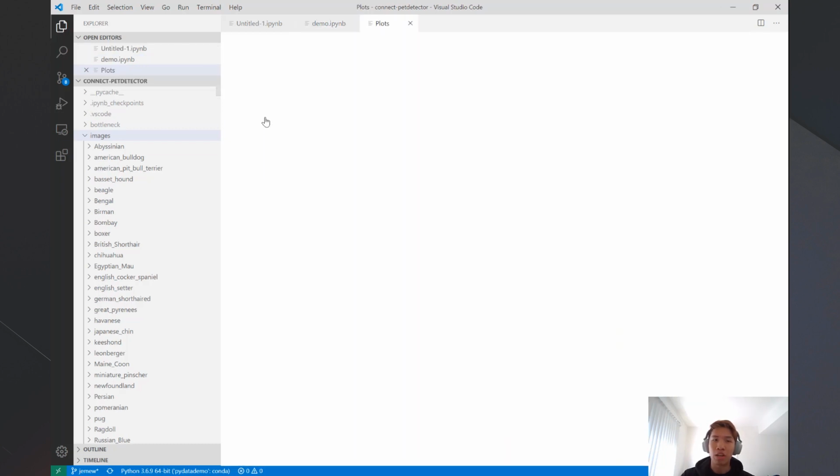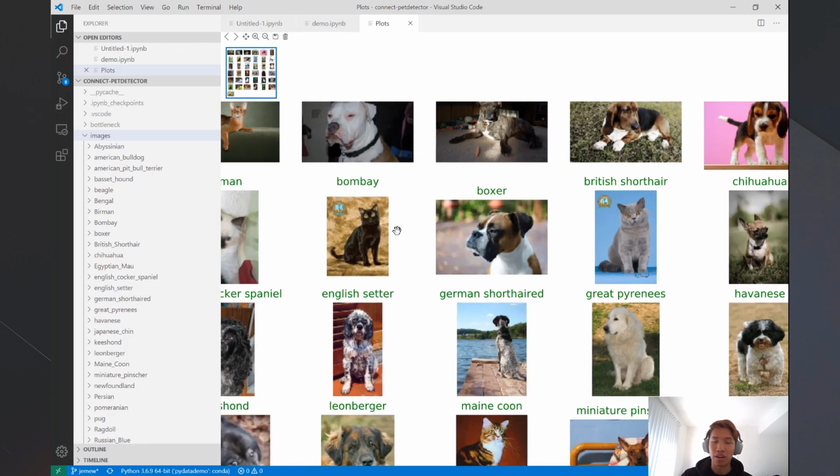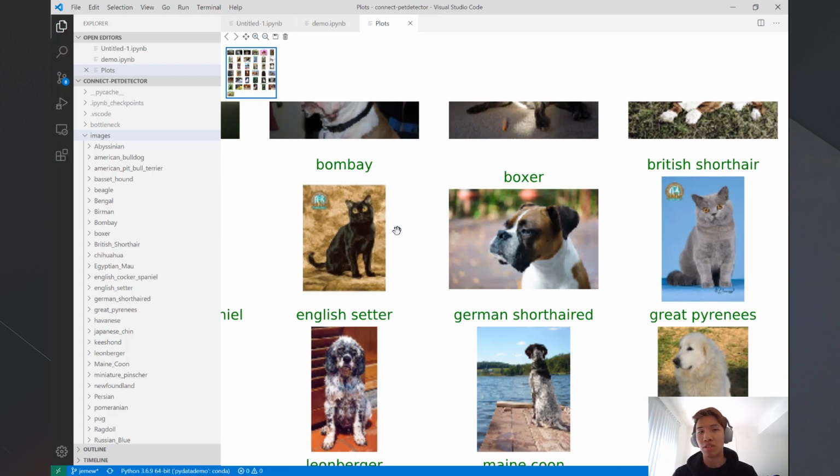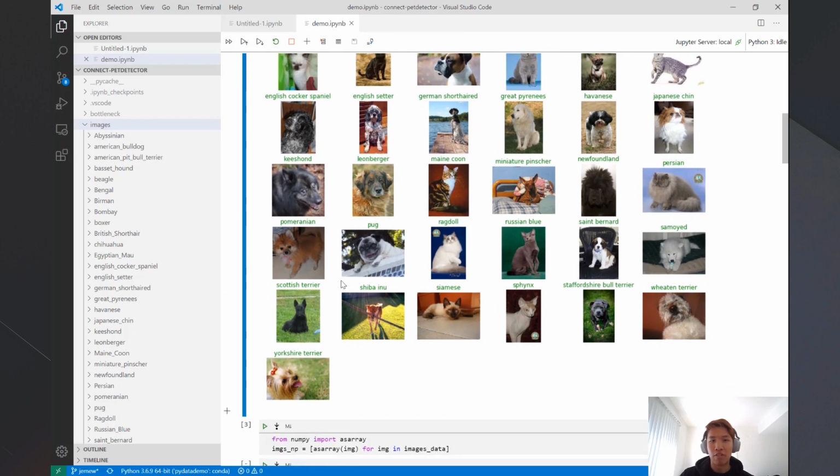This opens up what we call our plot viewer. In this plot viewer, you can do a lot of things, like zoom in on your plot. These are just images, so it's pretty trivial. But if you had something like a graph and you wanted to examine, let's say, your x-intercepts or y-intercepts better, then here's one way to do it. The other really cool feature is that you can save or export this plot as different formats. You can save it as a PNG or JPEG, and then share that image in an email or whatever with others. If we go back to the original notebook,